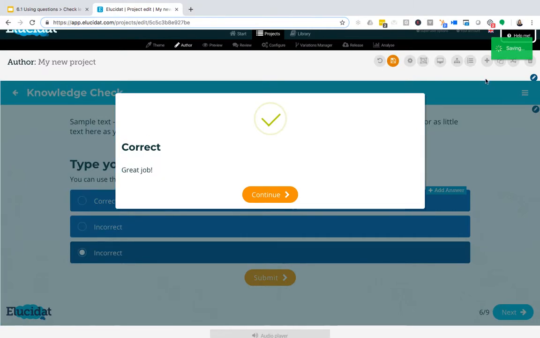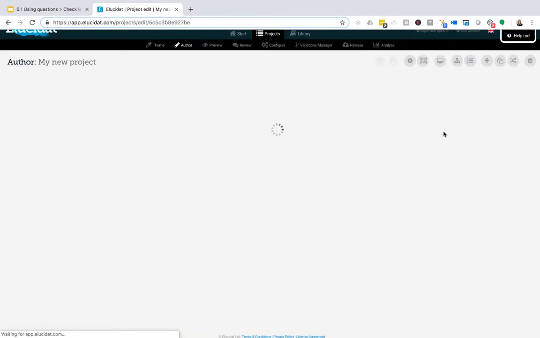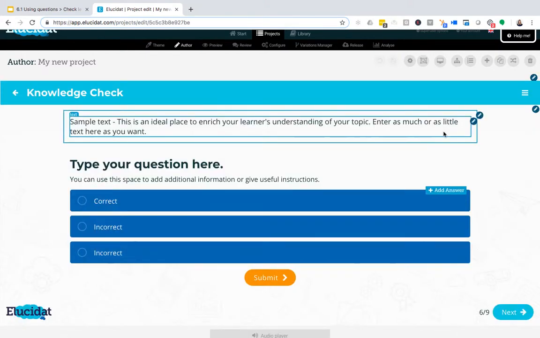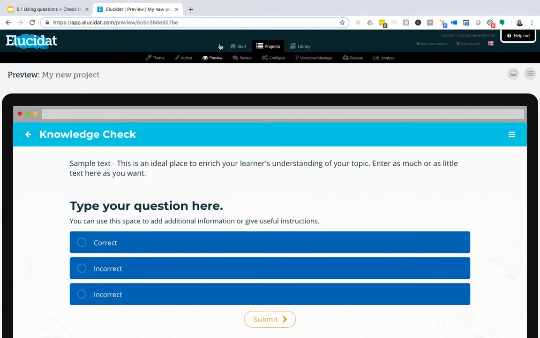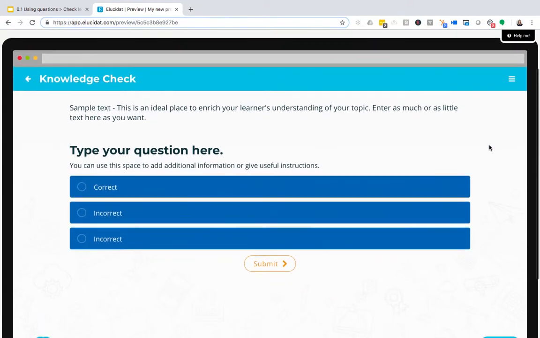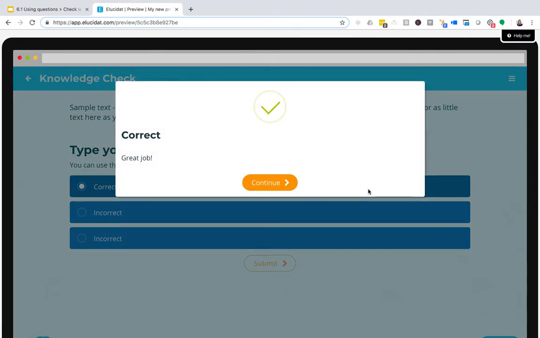And then you can save your page. So you would do the same here for your incorrect as well as your correct feedback to fully set up the page. And then that means that when we jump into preview mode, which we'll do here, the question will be functioning correctly. So if I choose to get the answer correct, the specific feedback that I want is going